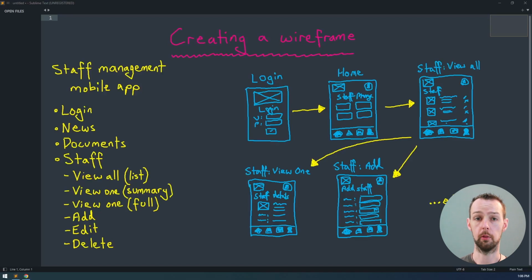In this video tutorial, we're going to have a look at creating a wireframe for a fictional mobile application using a very simple free online wireframing tool called wireframe.cc. And in this particular case, for this example, I've just chosen this staff management mobile app scenario, which we're going